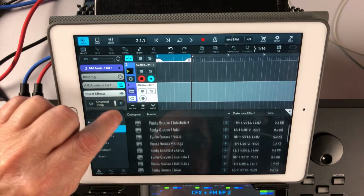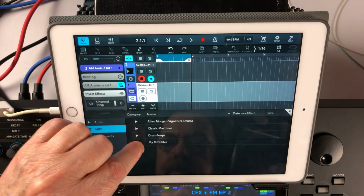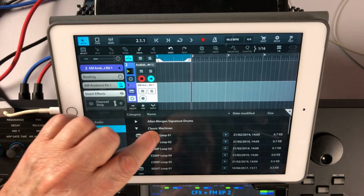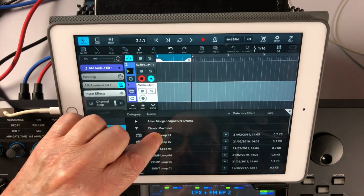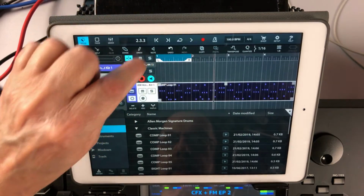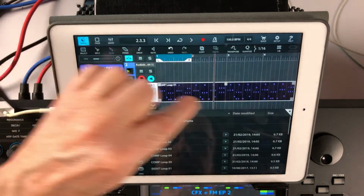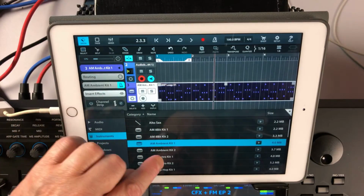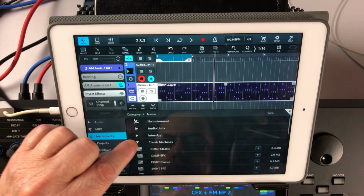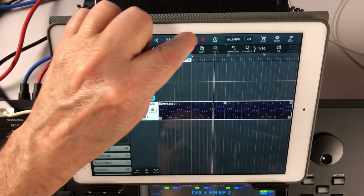Oh God, not that. Let's see. Actually, it might sound better with something like that, to be fair. But this is going to play with that kit. I'm just going to change the actual instrument out. Classic machine. I'm going to turn that into the Comp Classic. Okay, so